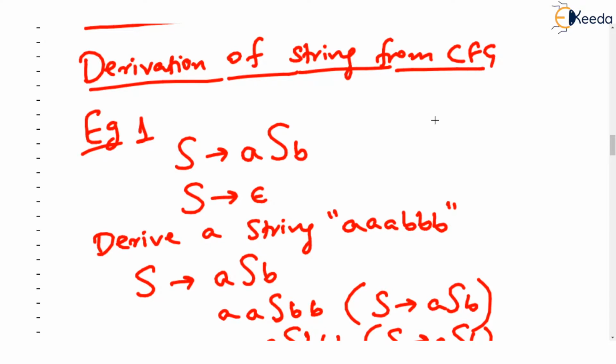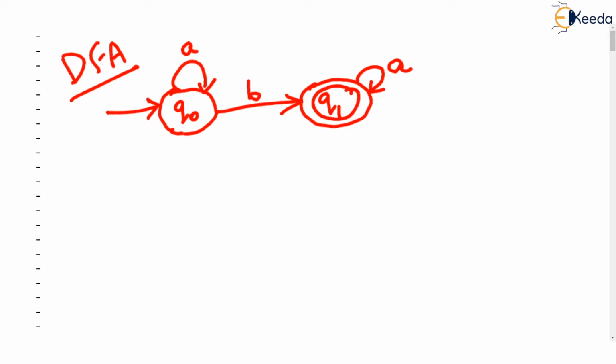After understanding the conventions in CFG, and what NTPS means in the previous video, let us now see what we mean by derivation of a string from a given CFG. Now, listen, what we are trying to understand is the use of this CFG. Just go back by one chapter to DFA.